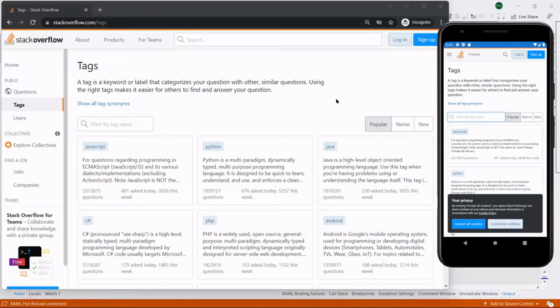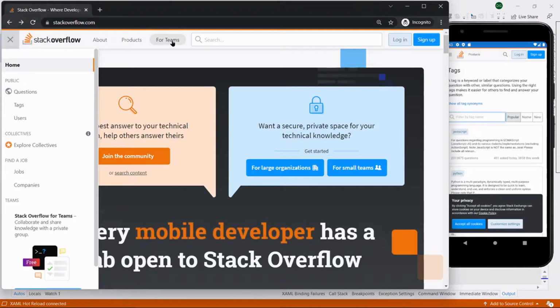Browsers have some features available by default. One of the main features is that with the help of the back arrow, we can go to the previous page if you run any website. Here I am running the Stack Overflow website, and you can see that I have a back arrow option in my browser. If I click on the back arrow option in my browser, I can go to the previous page in my website.